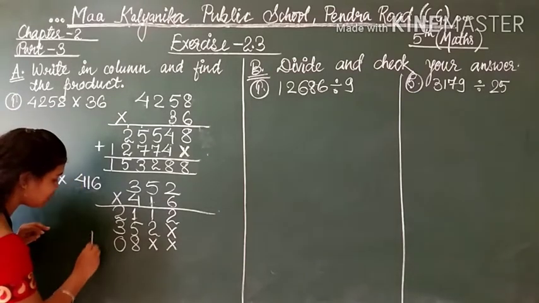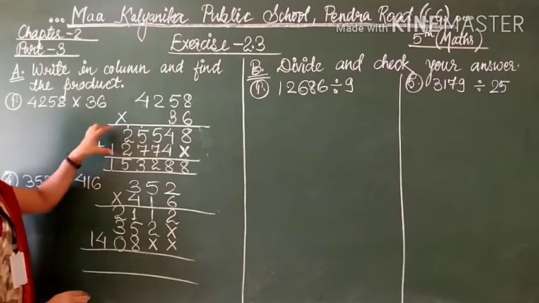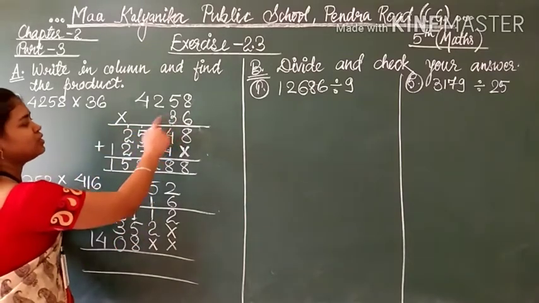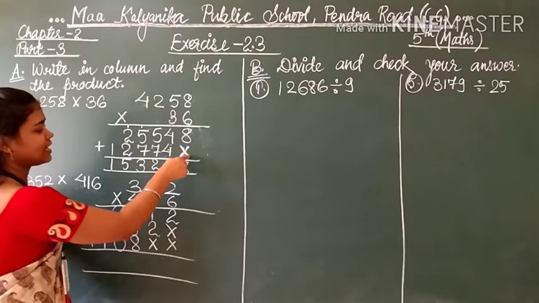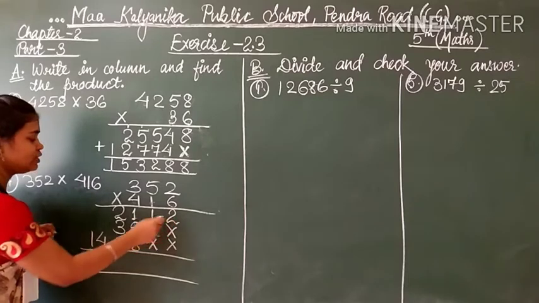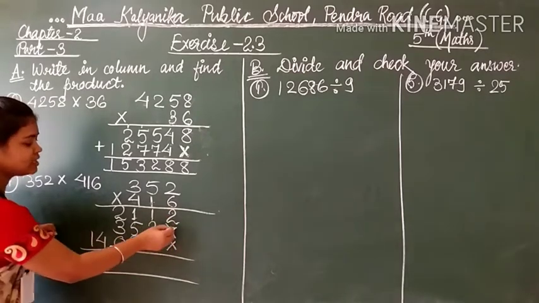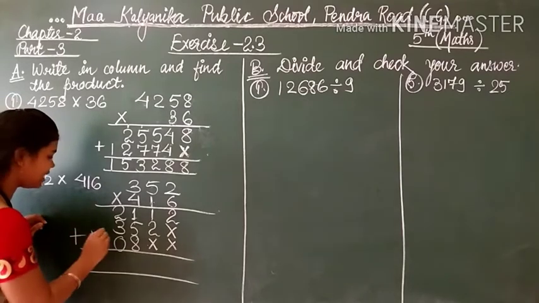So see here, 4 2s are 8, 4 5s are 20, 2 0, 20, 2 carry, 4 3s are 12, 13, 14, 1, 4. Now students, as you have done here, after multiplying, see here, 2 digits are there, so 2 lines are here with 1 cross in the second line. 3 digits are there, 1 2 3, so 3 lines are there. So here 1 0 and here 2 0, here no 0 in first line. Now you have to add all this.